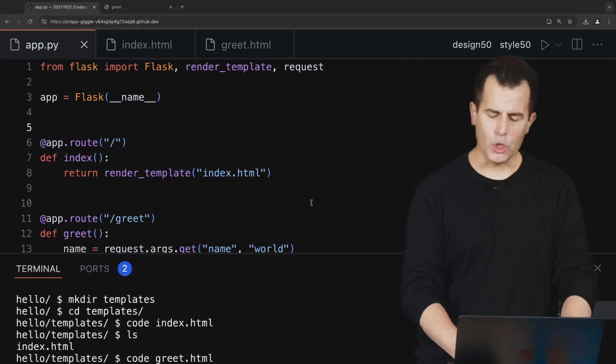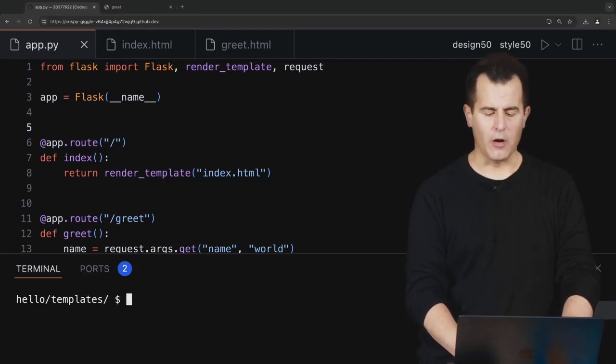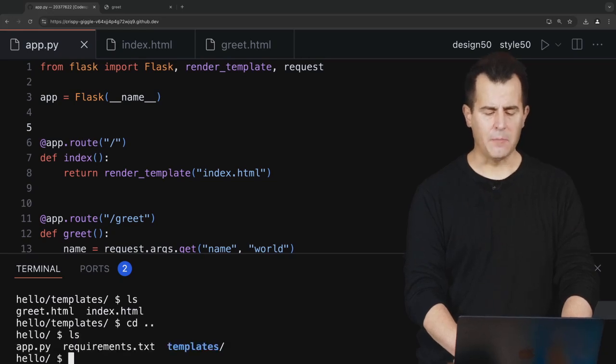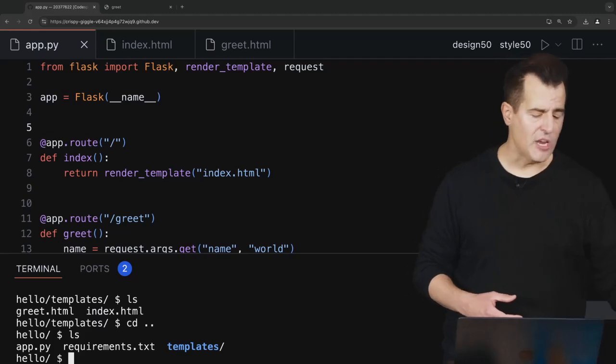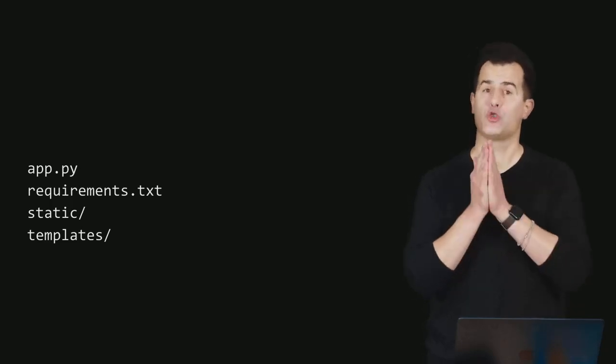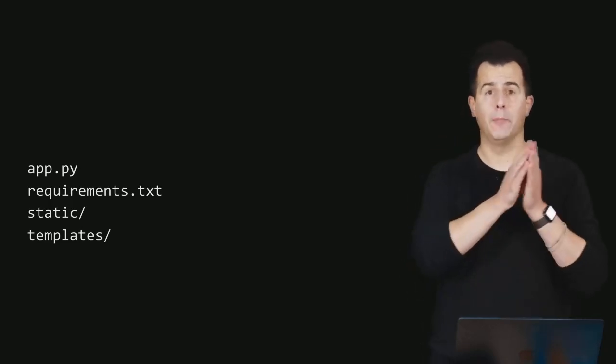In fact, let me reopen my terminal window and clear it temporarily and type in ls in my templates folder, just to confirm that I do indeed have two files. Let me do cd .. ls in my hello folder, just so that you can see what files are therein. And in fact, what you see here now is a pretty representative structure for a web application implemented in Python